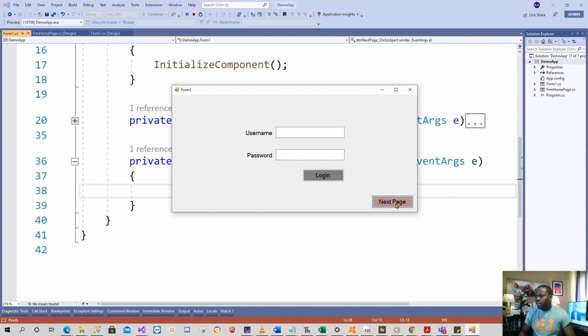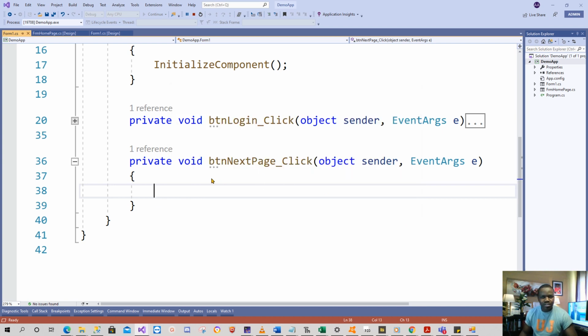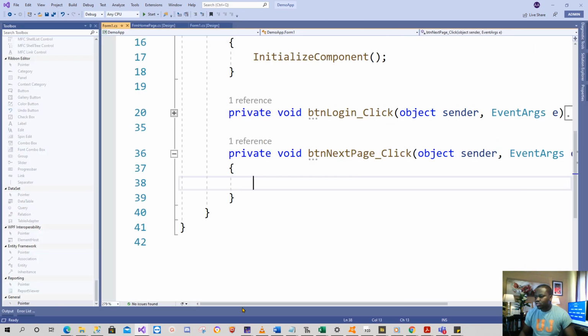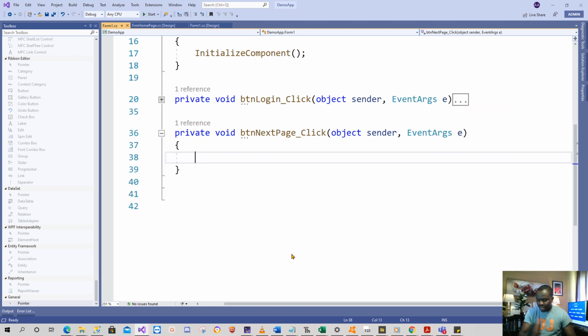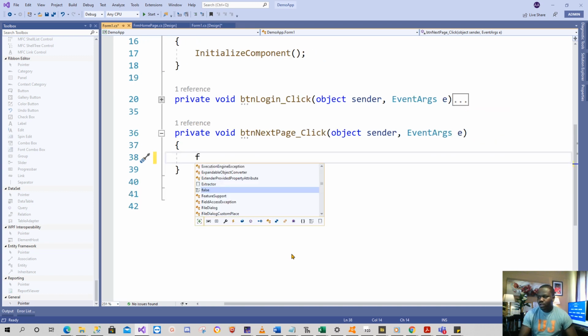If I click this now, nothing is happening. Why is nothing happening? Because there's no code in that event. For now, there's no code in it. So I want to show the other form. That's what I want to do. I want to say something like form